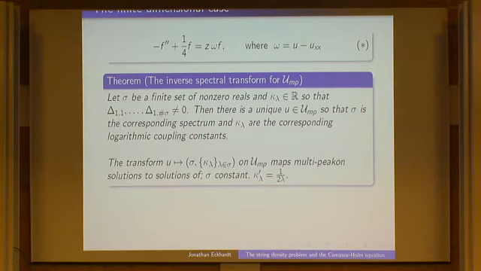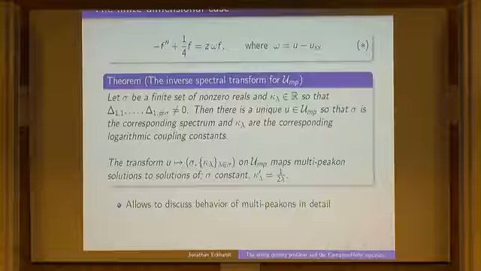So you get a transformation that maps u onto the spectral data, which is now a projection, and it exactly maps the multi-peakon solutions to this simple linear flow, where the spectrum is constant and the coupling constants are linear. And in fact, you not only get existence, but you get explicit formulas for the solution of the inverse problem. So you can write down explicit formulas for the multi-peakon solutions as well. And this allowed Beals, Sattinger and Szmigielski to get a lot of properties about multi-peakon solutions from the solution of the inverse problem.